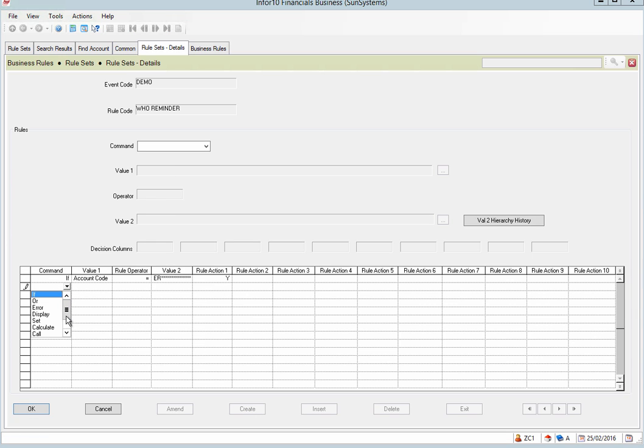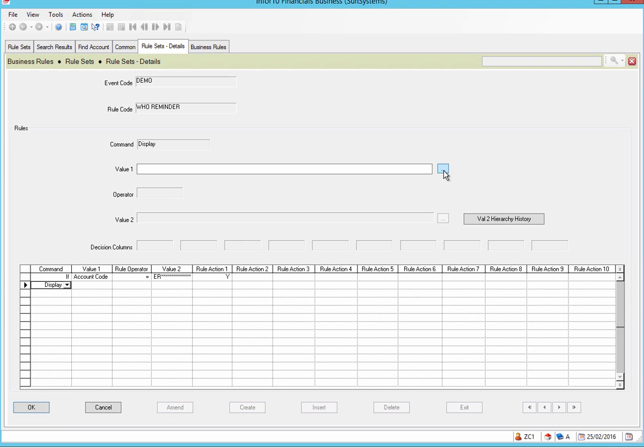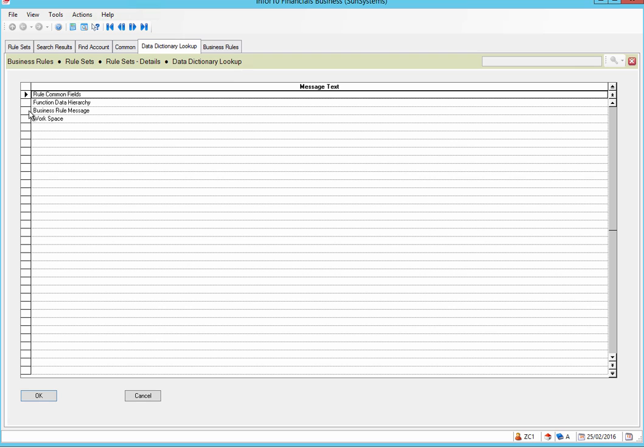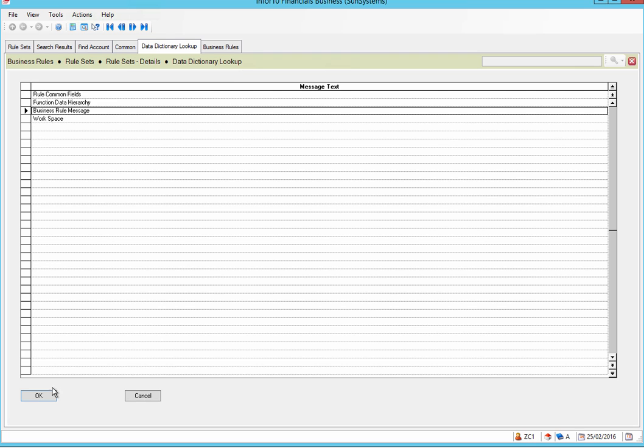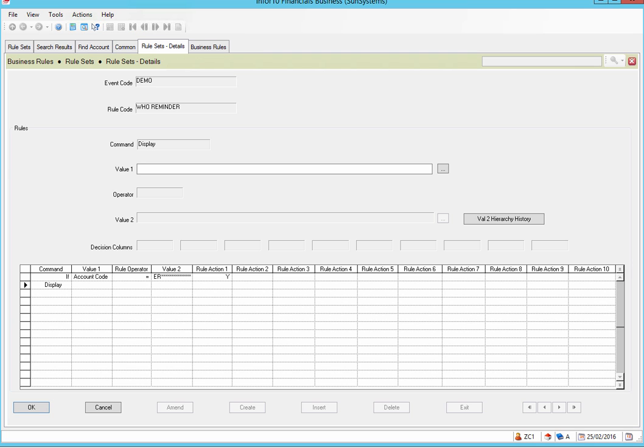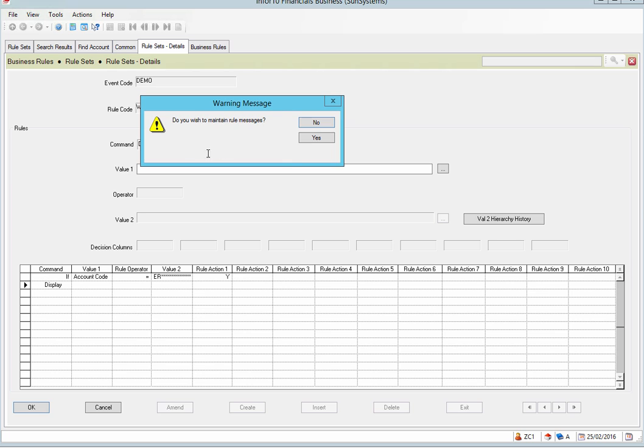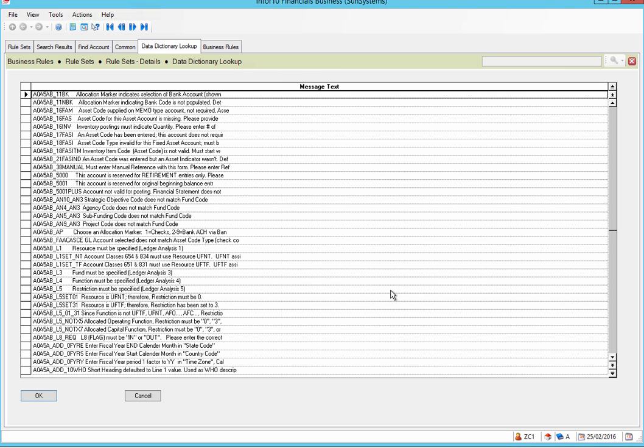And that is we want it to display. We go OK, we want to display, and it's going to give us the opportunity to grab our business rules, and it actually, at the point of me clicking that, gave me the opportunity to create the message right now. That's sort of cool. In real life we create the messages on the fly instead of making them beforehand, but our message is already created. We want, and so we go no, and now it shows me all the messages,